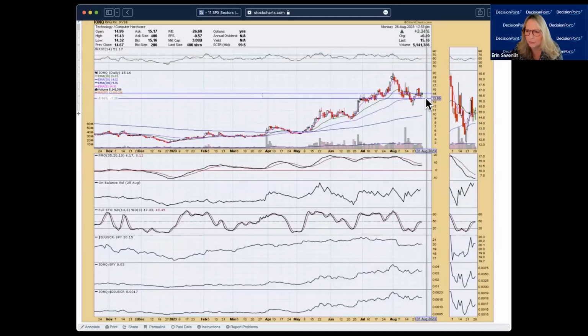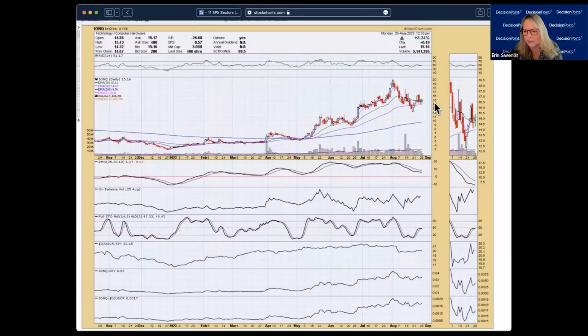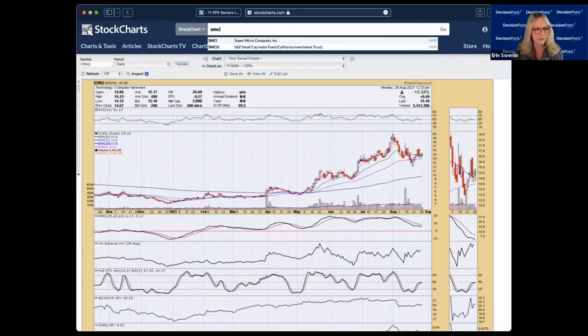I think you could hold this. And your stop level, this one's really volatile. This is low priced. Yeah, I'd be really careful with this one. You can't even set the stop very well because it's so volatile in the swings back and forth. I'd be really careful with this one. It's not my cup of tea. SMCI, there we go.